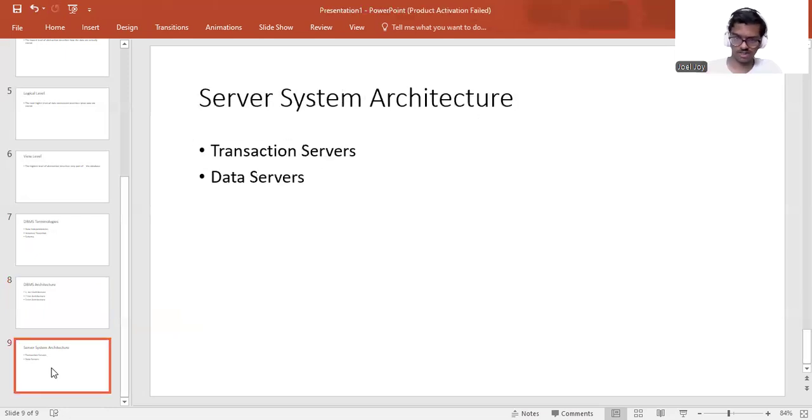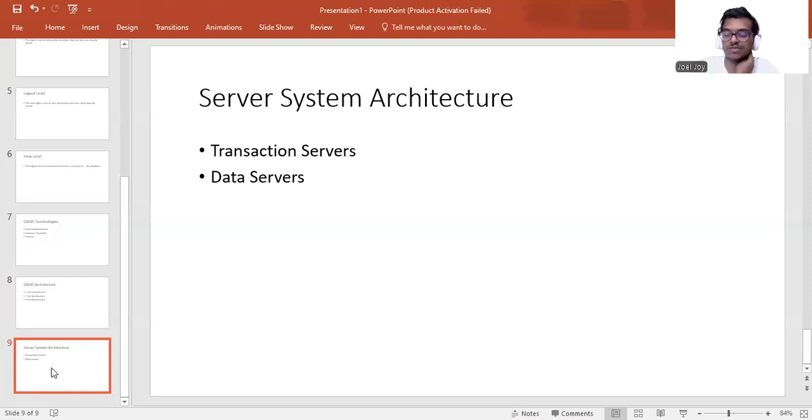The next is the server system architecture. That's what we'll be studying in our database course. The server system architecture is divided into transaction servers and data servers. Transaction server systems are also called query server systems, and they provide an interface to which clients can send requests to perform an action. They execute the action and send back results to the client. The next is the data server system. A data server system allows clients to interact with the servers by making requests to read or update data in units such as files or pages.